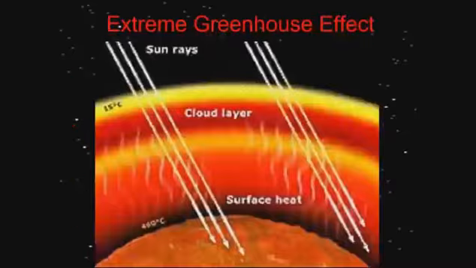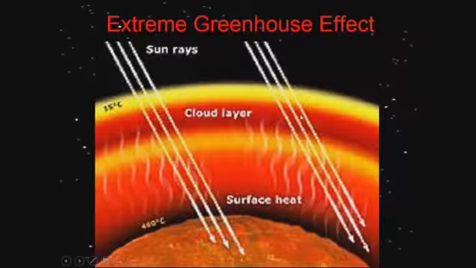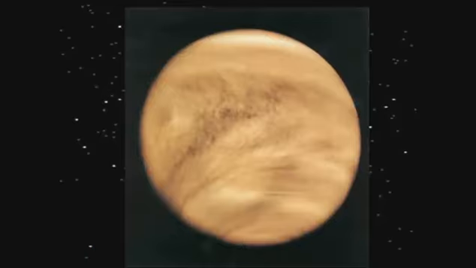And there's a low resolution image, but still a good image, that shows this. The sun's rays can pass through the carbon dioxide cloud layers, hit the surface, and warm up the surface, and then those rocks radiate heat which gets trapped by these cloud layers. That heat bounces around between the surface and the cloud layers and keeps the planet at the same toasty, in excess of 400 degree temperatures all the time, day and night.